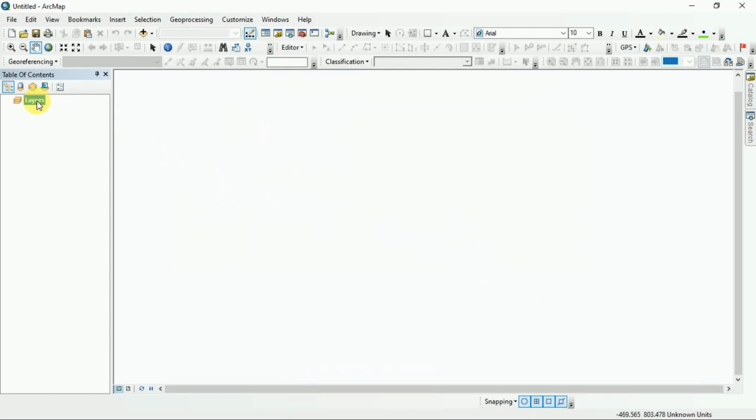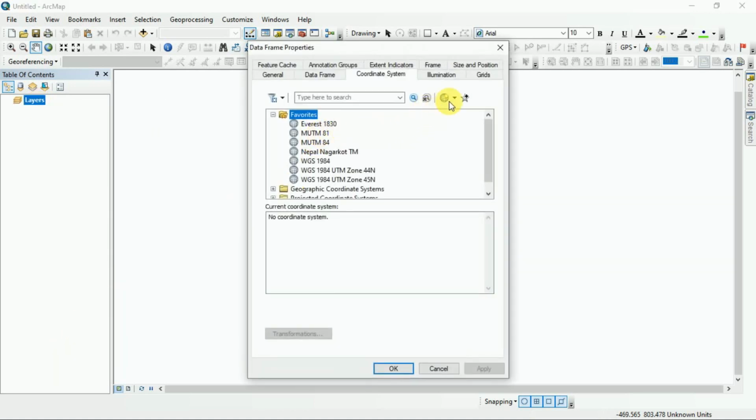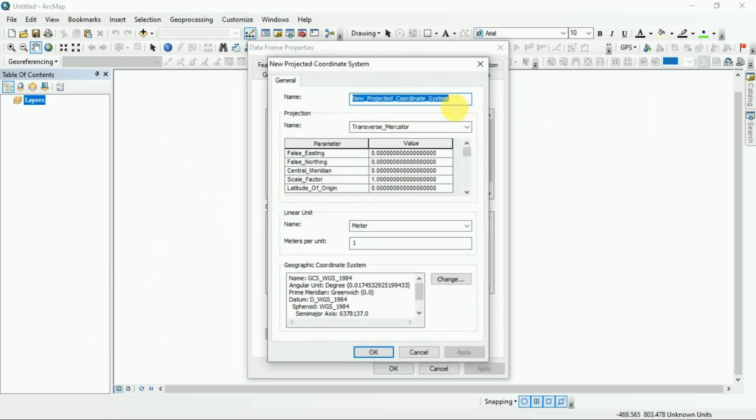So for that we have to go to properties here, and we have to create a new projected coordinate system, and I am going to assign its name as MUTM. And I am using center meridian 81, so MUTM 81 here. And we have to assign a false easting